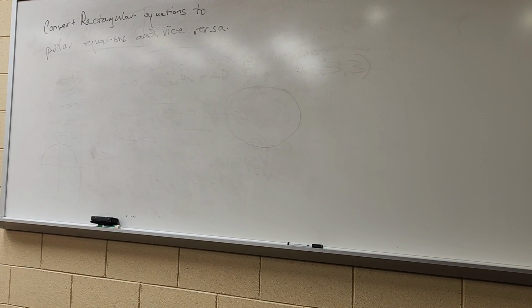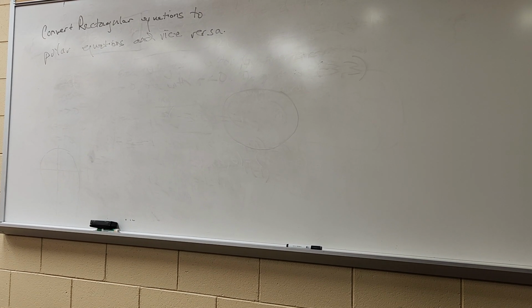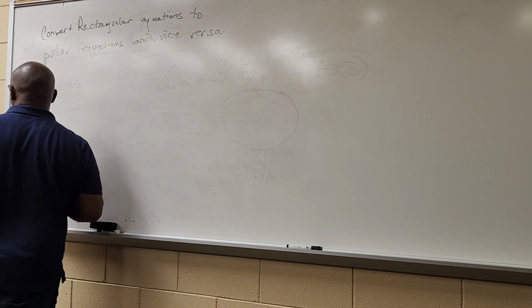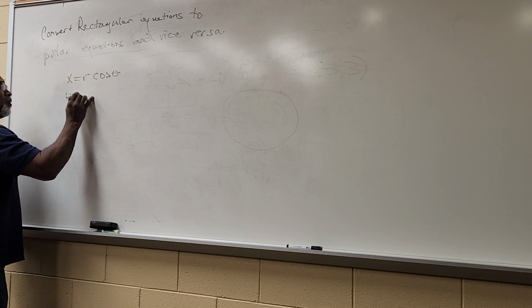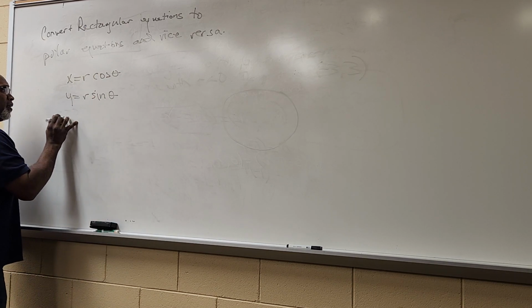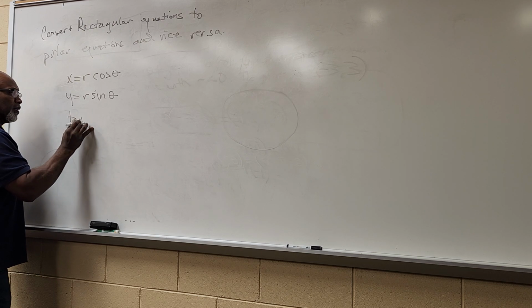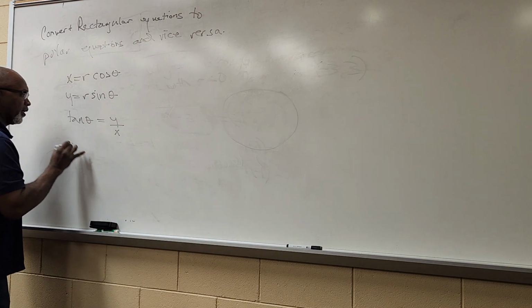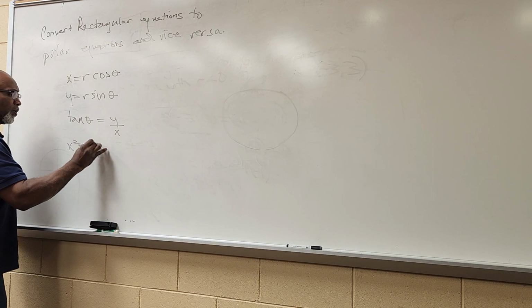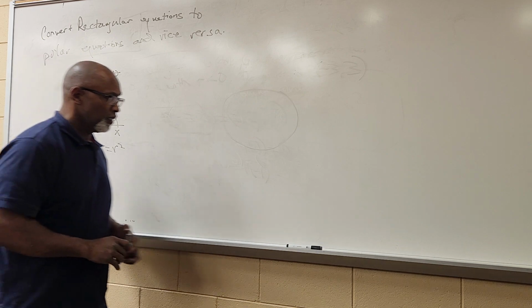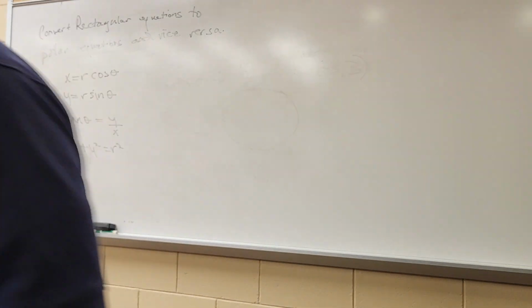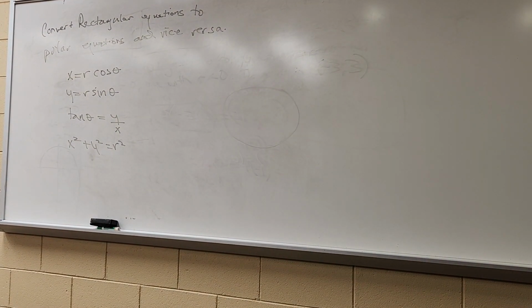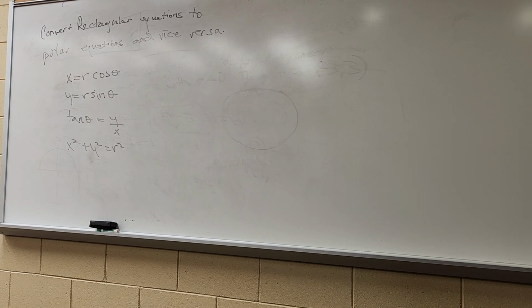Okay, convert polar equations to rectangular equations and vice versa. So we had a few equations that would help us. x is r cosine theta, y is r sine theta, tangent of theta is y over x, and x squared plus y squared equals r squared. Those were the four things that would help us convert either from polar to rectangular or from rectangular to polar. So with this in mind,